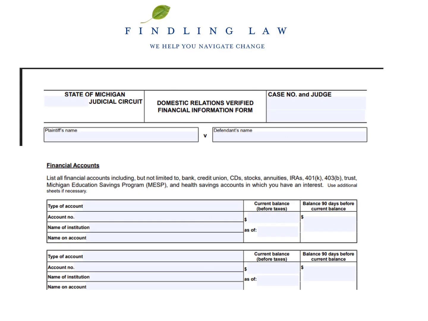Okay, here's a sample snippet or cutouts of a domestic relations verified financial information form. We often call those a VFIF. I just cut and pasted different portions of it, but you can see it's asking for the value of an account. What was the balance 90 days ago? This could be a bank account, a credit card account, IRA, 403B. The idea is to have these initial disclosures early so that we have something under oath saying this is what we have, so that we can start a meaningful discussion about how are we going to divide assets. Verified Financial Information Form, like I mentioned a few moments ago, is typically exchanged 28 days after the first responsive pleading.